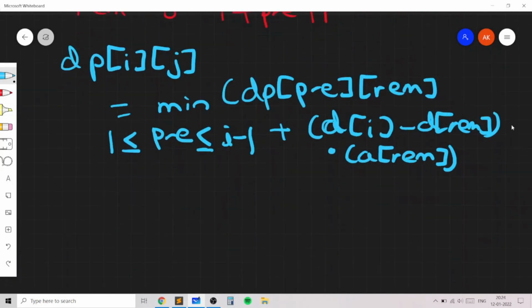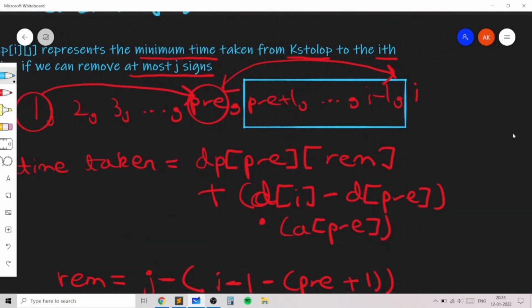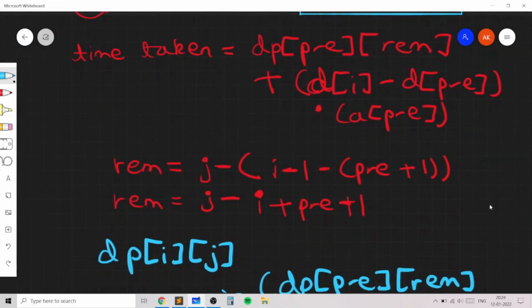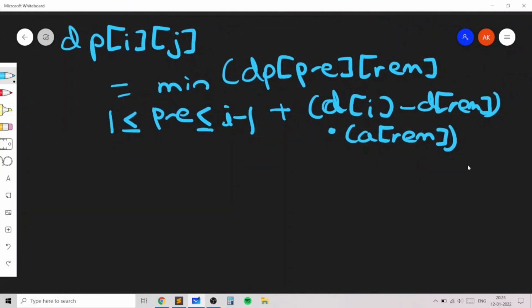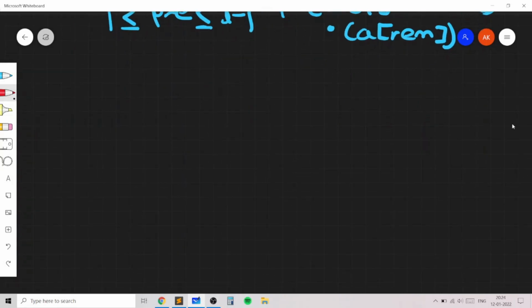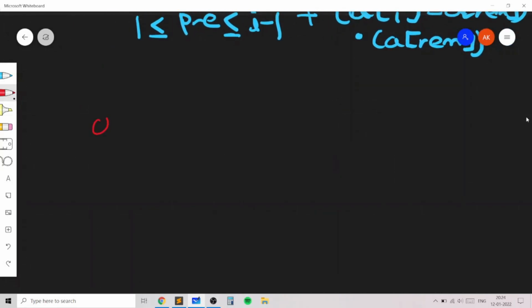Now the base case, let's look at the base case. So this was the recurrence. For the base case, we can basically consider the case when your j value is 0. In the case when j value is 0, you actually don't need a specific base case, but just to understand the recurrence better, we can consider the special base case.